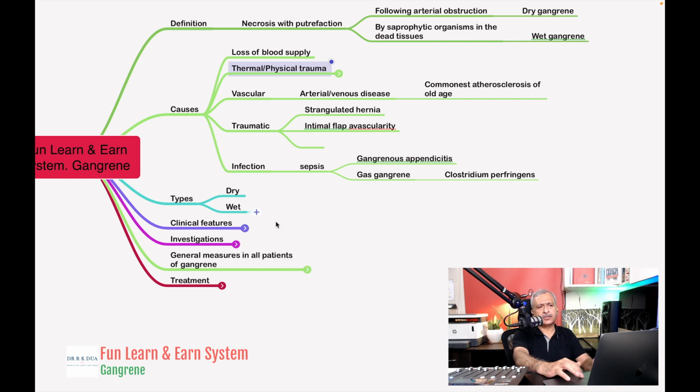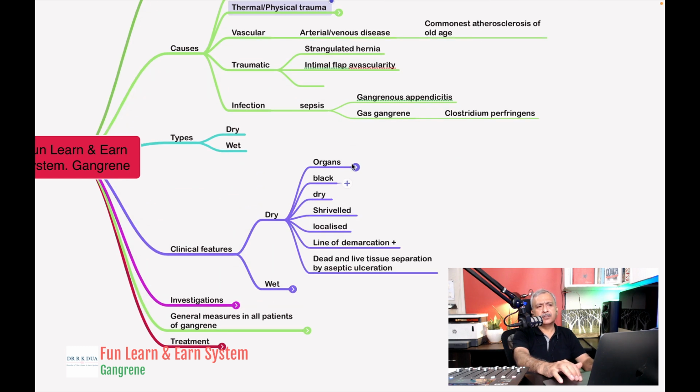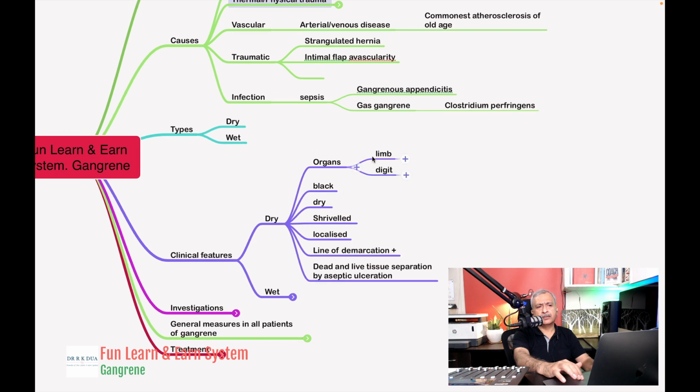Clinical features of the gangrene, basically, as you can make out, are because of the ischemia to the tissues. So in case of dry gangrene, the organs which are involved are mainly the limbs and the digits. So these are mainly exposed to the trauma, exposed to the extreme of the temperature, exposed to burns, heat, everything. So in case of dry gangrene, the organ becomes dry, shriveled,